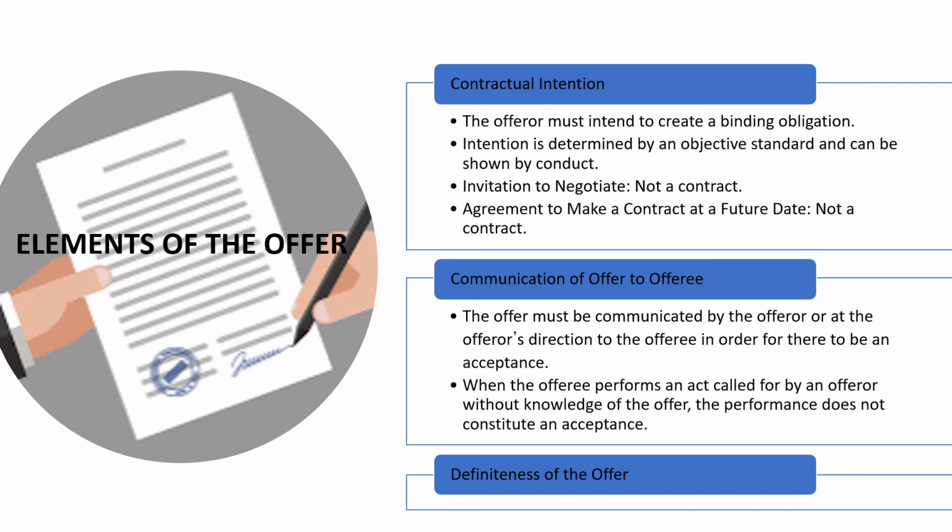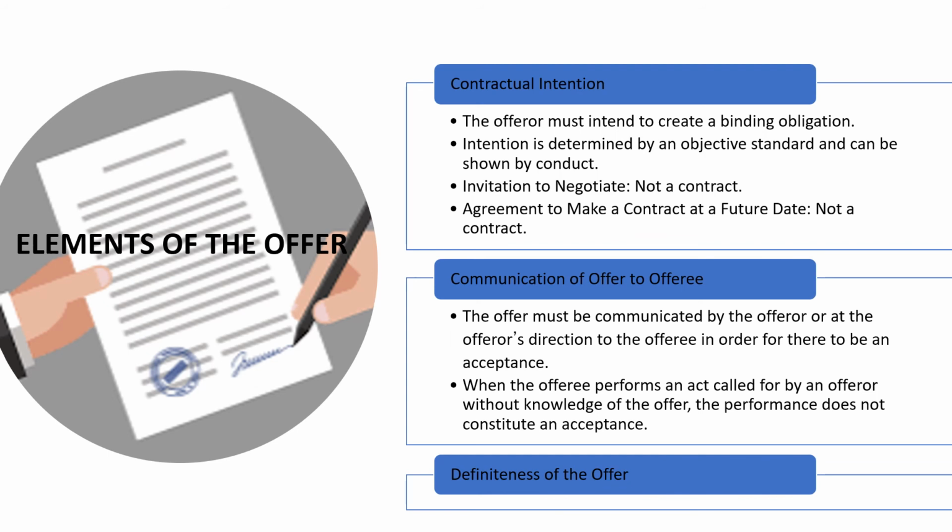But my students in class B hear about the offer because they hear their classmates talking about reading the case. If students in class B decide, you know what, I'd like extra credit too, and they also read the case and submit the assignment, they might think that they would be able to accept my offer. But under the law, you would not be. Why? Because my offer had not been communicated to the students in Class B. They were not my offerees. You may not accept an offer that has not been extended to you.